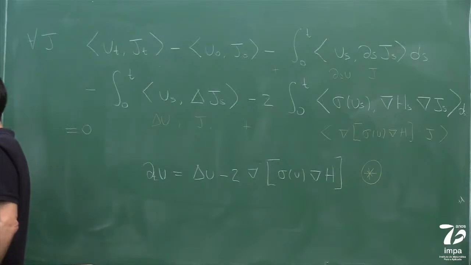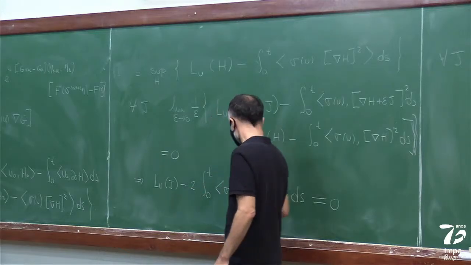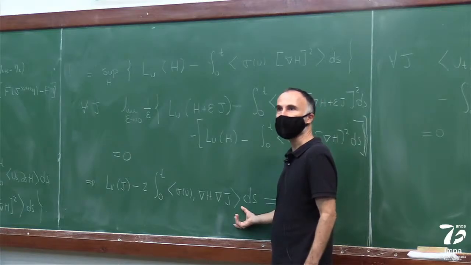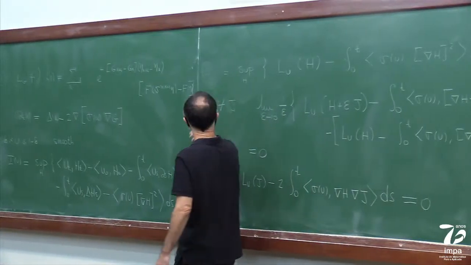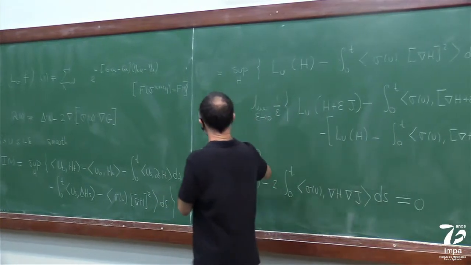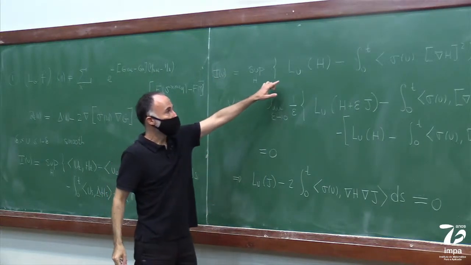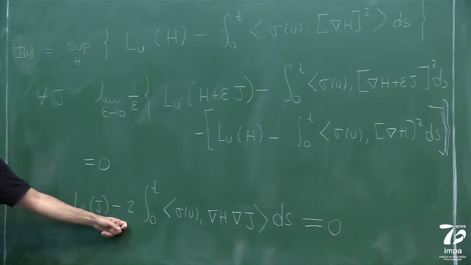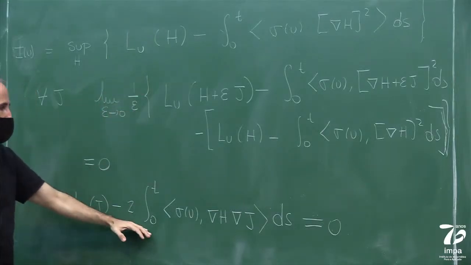In the proof of this argument, I showed that this linear function of u is given by this expression. So I obtained a representation of my linear function, the linear function L of u, which appears in my I. So remember, this is I of u. This linear function is written by this expression. Okay? So I will just replace Lu of h by